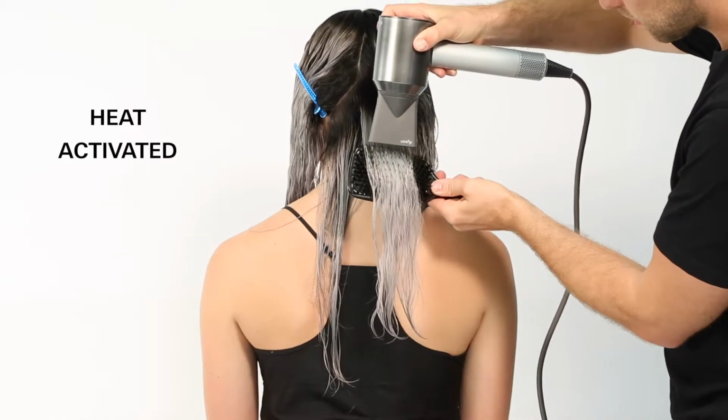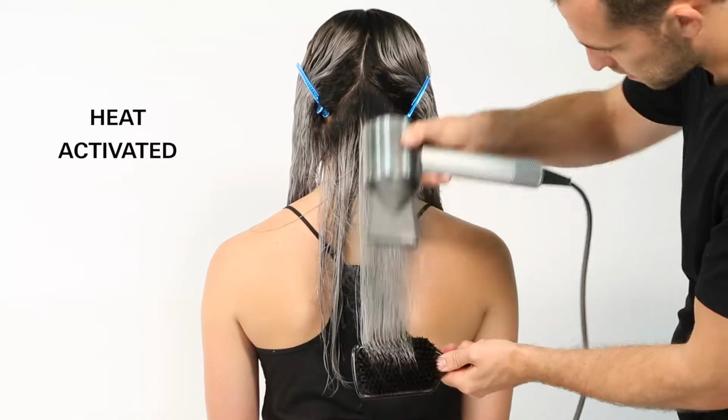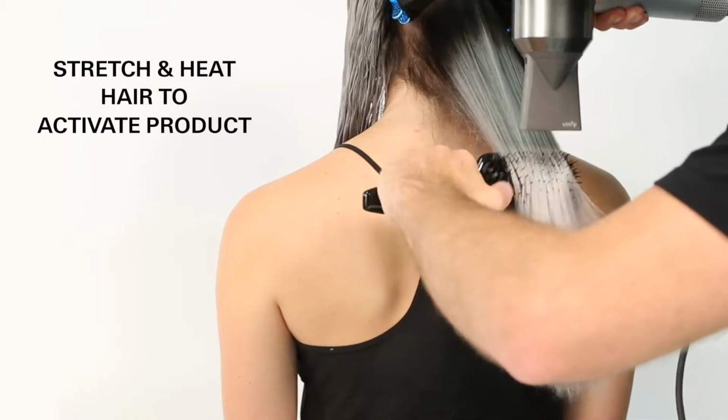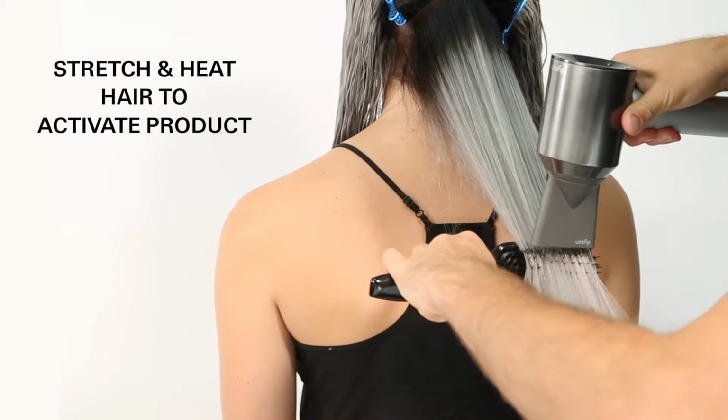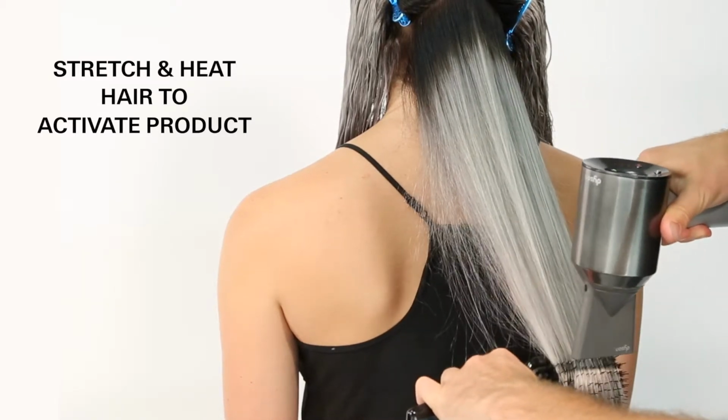It is heat activated, so you want to make sure that you get a brush and a hair dryer. And when you stretch and heat the hair, that is what activates the product. And that activation with the heat and the stretching of the brush actually cross-links this magic polymer on the surface